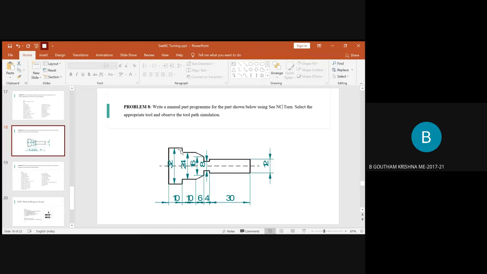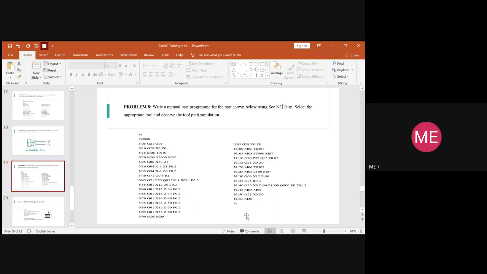After this, again, the tool has to move, right? The complete diameter ends at this position. Even here, the value of X is 32 only. So G01, X32, and Z was minus 50 before. Now minus 50 and minus 10, it becomes minus 60. So now you will type the value as X32, Z minus 60, and again the feed rate value of 0.2. So this completes our rough cycle.